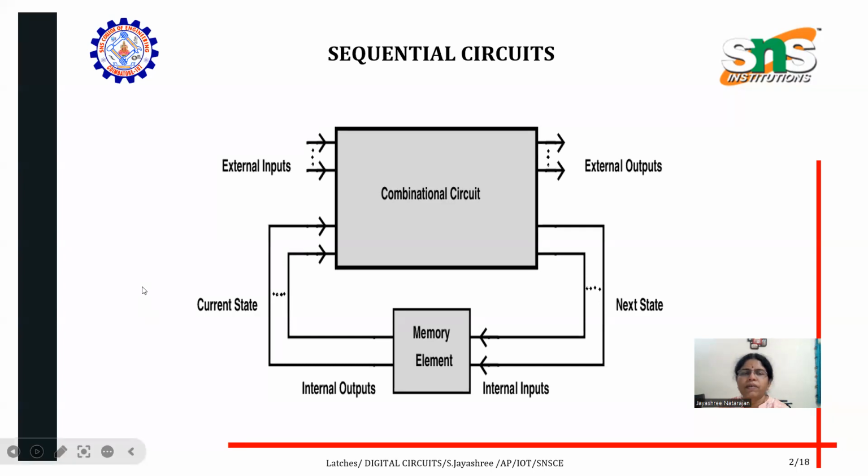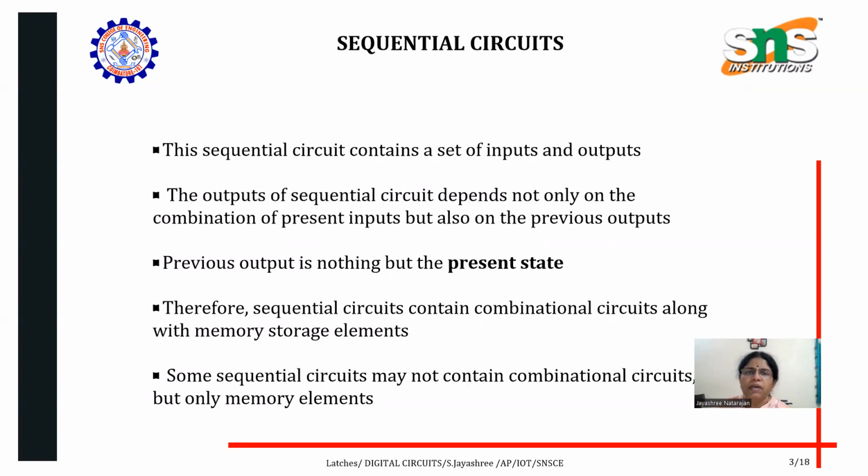That output is taken as the current state and is given back to the combinational circuit. So the combinational circuit's output depends on external inputs and internal inputs. That is, the previous output is taken as the present input. So this is the block diagram of